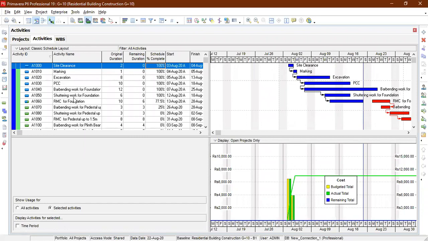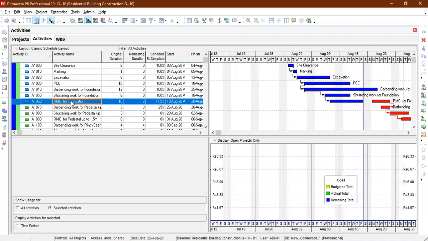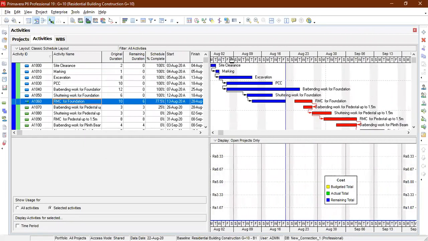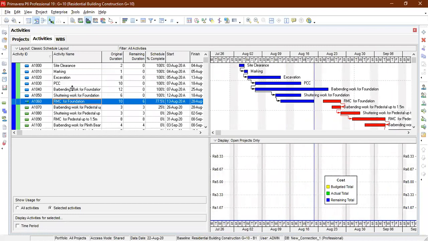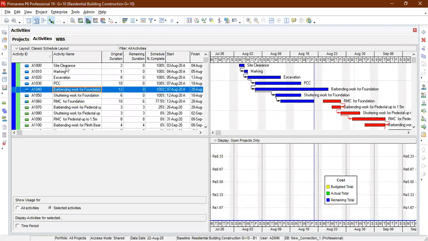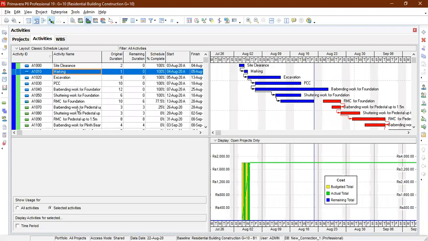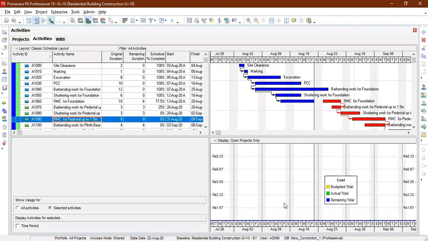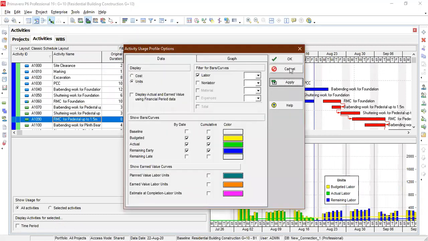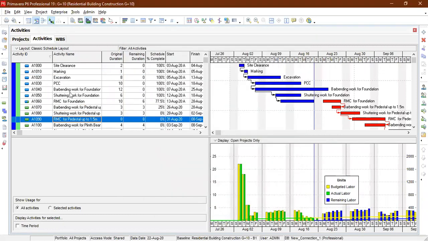If you go for some activities which have part of the work completed, if I select some activities, okay.